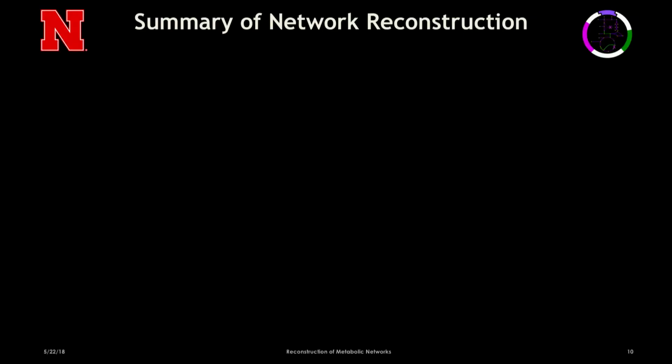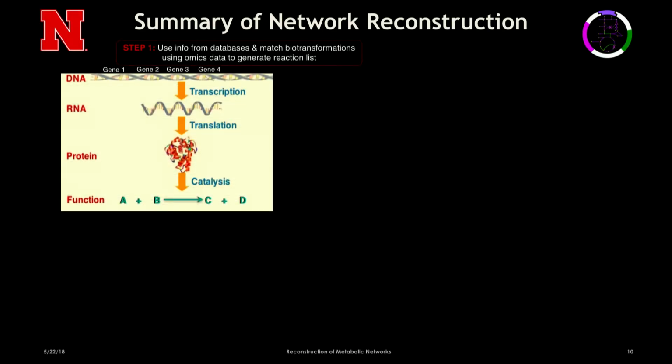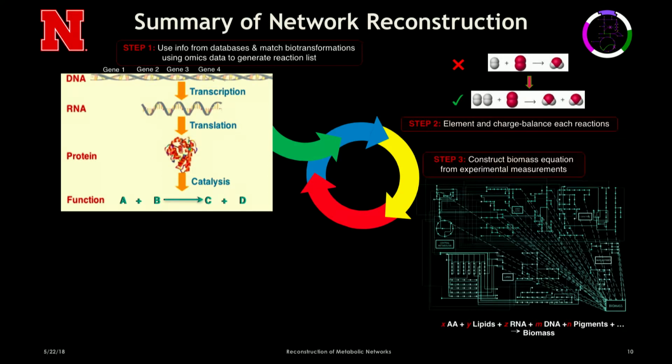I think I am at the end. I think I have 2 more slides, so bear with me. So, to give you a quick recap on the metabolic model development steps, the first step is obviously to track DNA, RNA, protein and have a list of reactions. The second step is what? You have to balance, you have to get rid of the cycles,